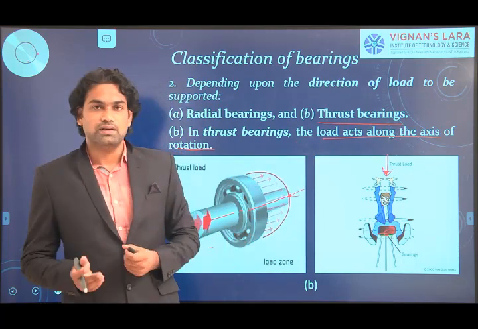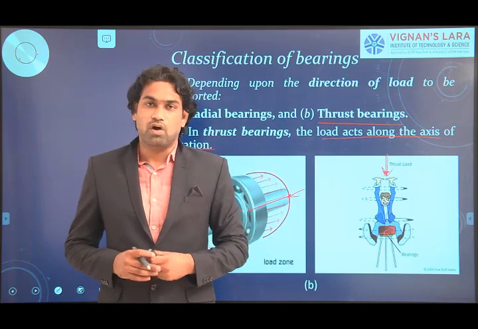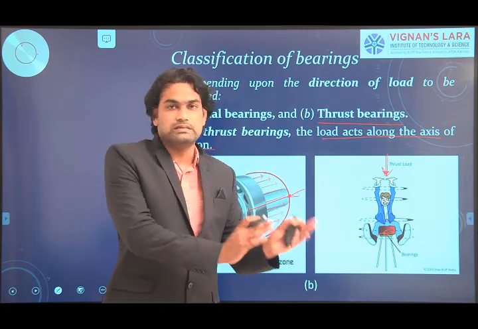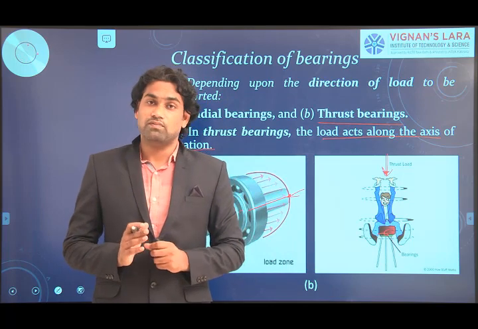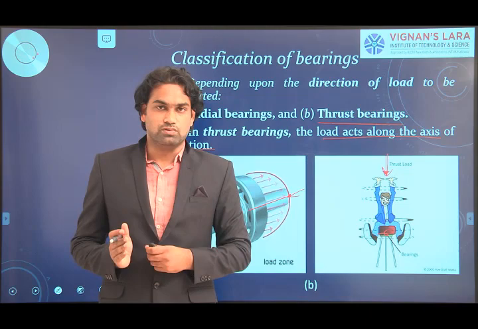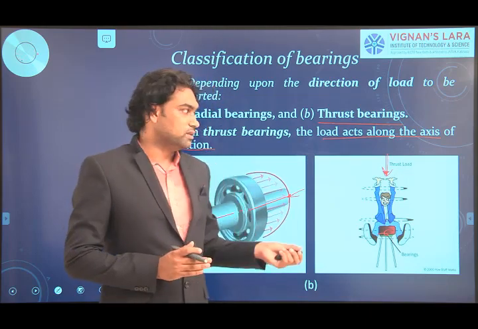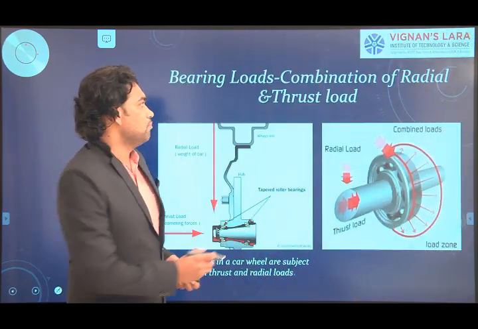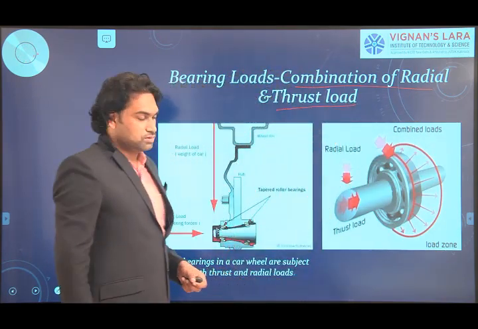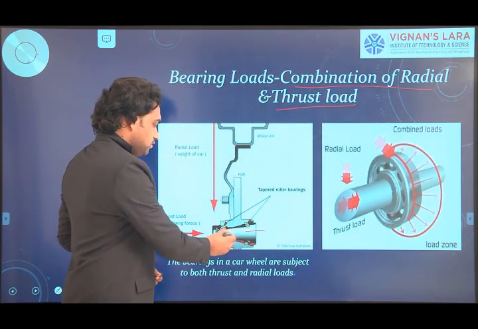And in some cases, the bearings not only support the simple radial load or only the simple axial load. In a few cases, they can also support both the radial load and thrust loads, that is axial loads. We can go with a simple example for that. That is a combined load of radial and axial loads. So here I can take an example.